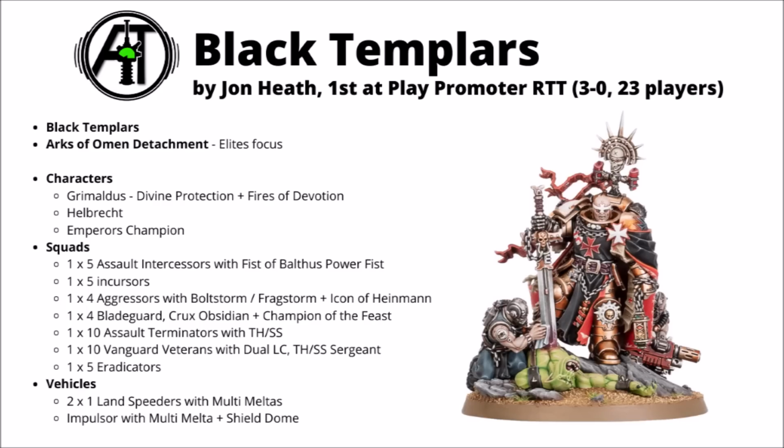Otherwise, for the rest of the list, I'd say maybe not everything's absolutely 100% optimised, but like the Blood Angels list, it's quite cool to see a good variety of units. There's some Assault Intercessors with that damage 3 Fist of Balthus, a set of 5 Incursors for midfield objectives, 4 Aggressors with a Bolt Storm and Frag Storm and the Icon of Heinemann, 4 Blade Guard, one of which has the Crux Obsidian for a bit more toughness and Champion of the Feast, an enormous block of 10 Assault Terminators